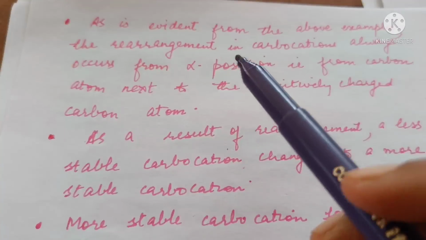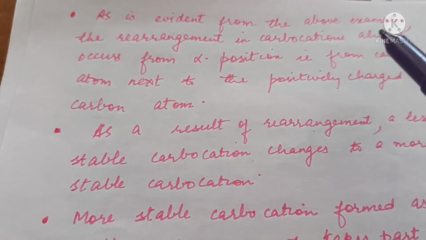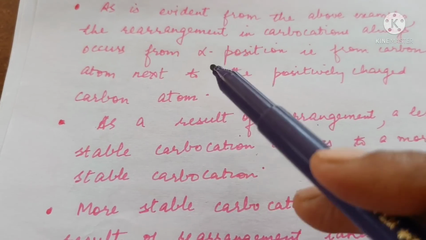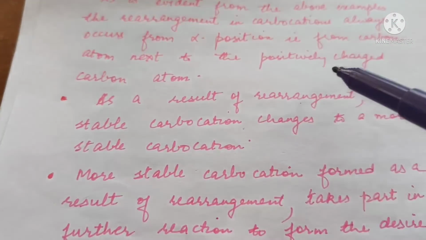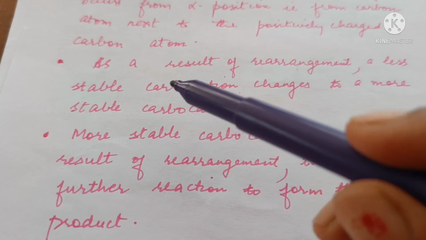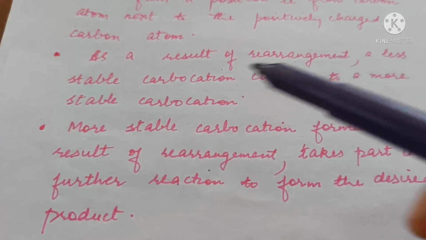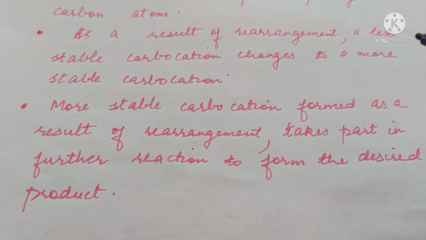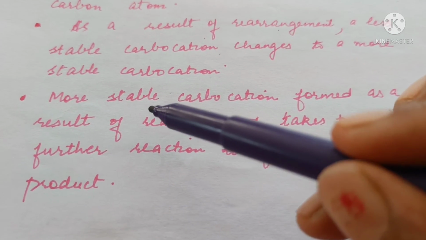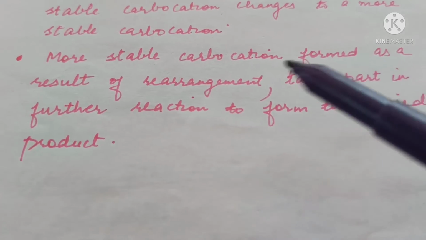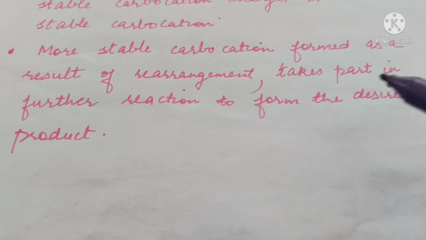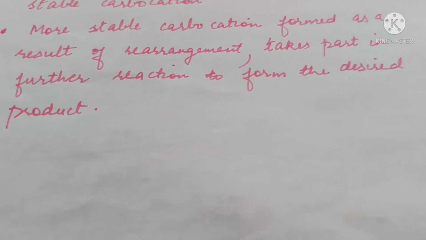So in the above examples, rearrangement in carbocations always occurs from the alpha position, and that is the carbon atom next to the positively charged carbon atom. As a result of rearrangement, a less stable carbocation changes to a more stable carbocation, and the more stable carbocation formed as a result of rearrangement will take part in further reaction to form the